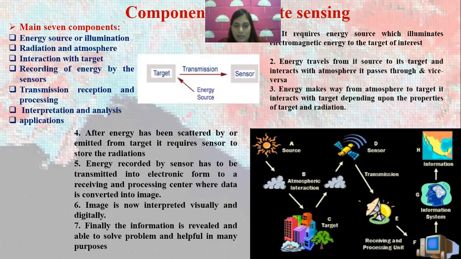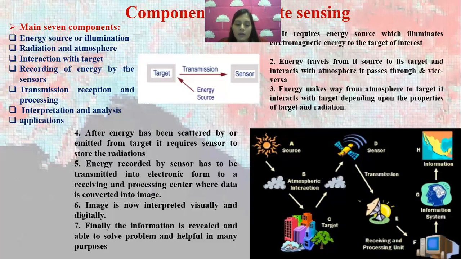And from the ground station we will process in software, and through software, after processing, we will make the decision, we will take out the solution, and finally we will give the information to whomsoever it is required. This is a simple process of remote sensing, and this is how it works, right? So mind well, again I am telling, the components and the principle of remote sensing are the same, and this is only the process. Now students, there are 7 components which I have explained from the figure.